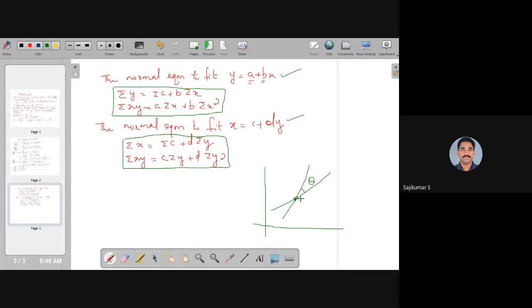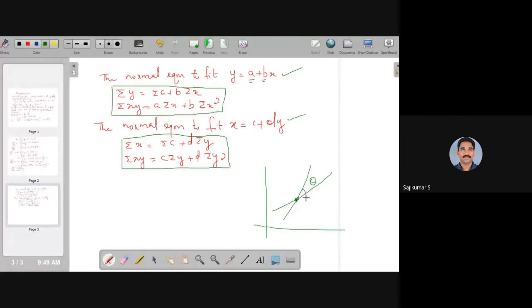by solving this equation, we can see that these two straight lines will intersect at the common point, and that common point will be x bar comma y bar. X bar and y bar are the mean values of the sample observations, the mean of the x coordinate and the mean of the y coordinate. This point, x bar y bar, is a common point on the straight lines y is equal to a plus bx and x is equal to c plus dy. And using this principle, we can write down the regression line in another format.